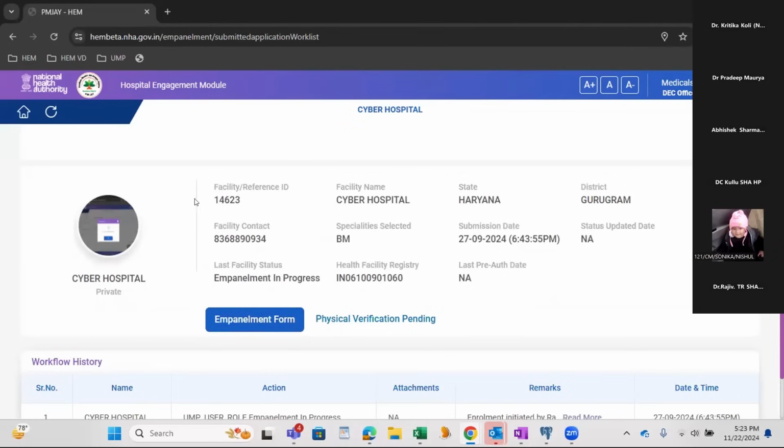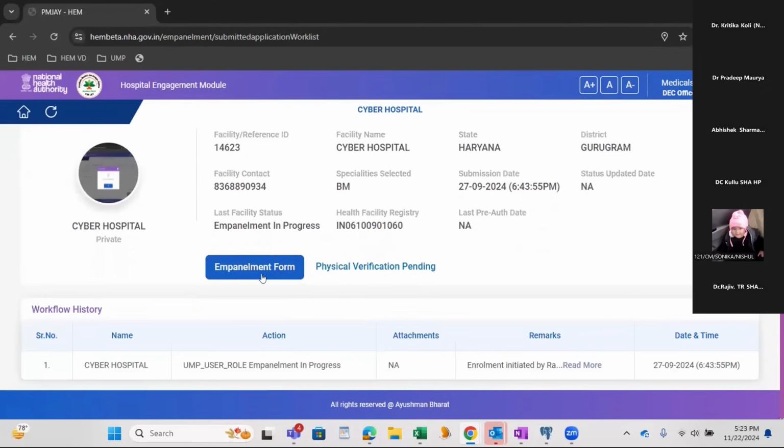So if you see all the details, with all the mandatory details, empanelment in progress. This is the empanelment form.